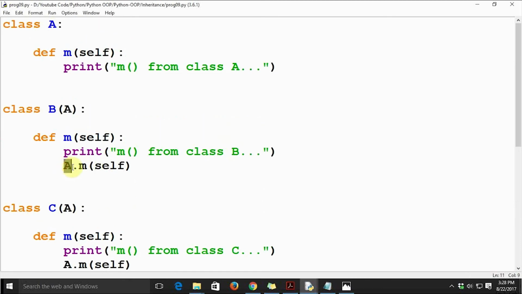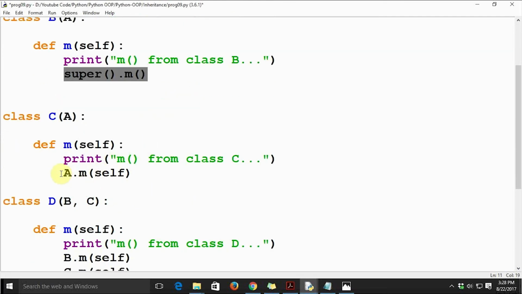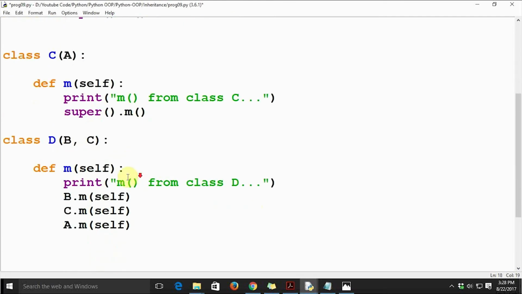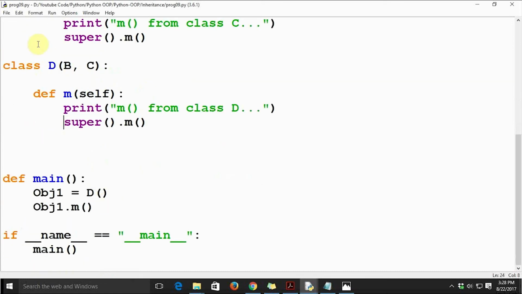So let's say super, and finally we just say super of m here. Now we have replaced all the method calls with super dot m. Now let's see if this works perfectly.